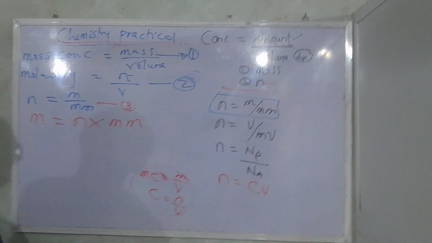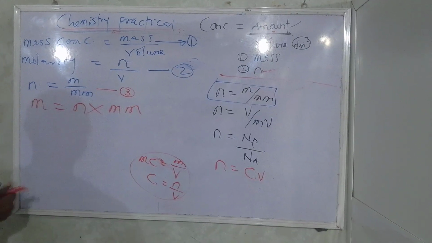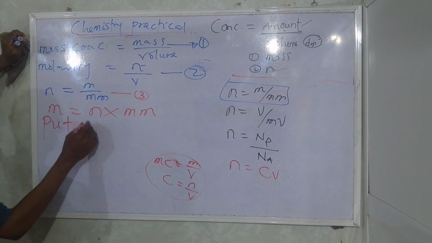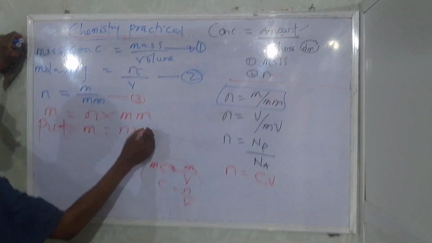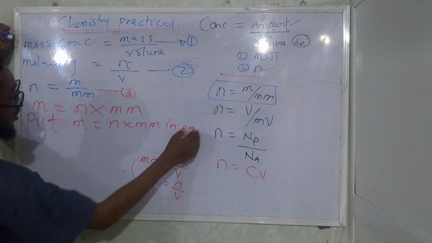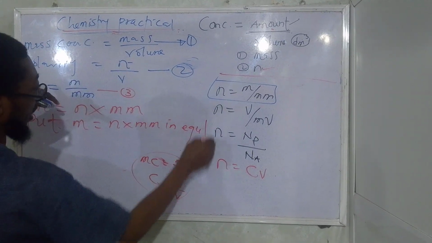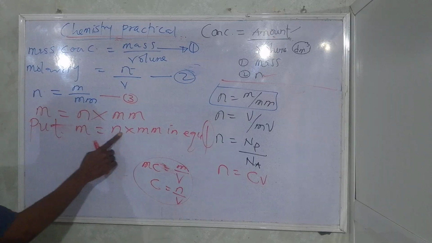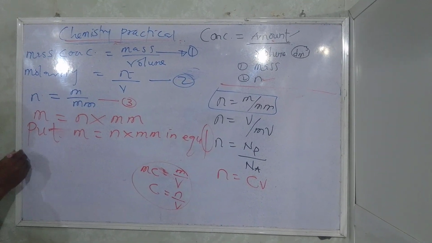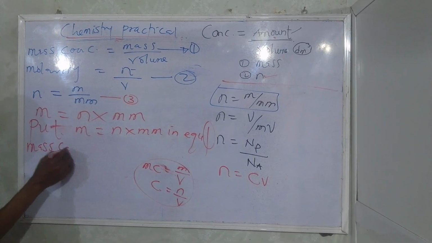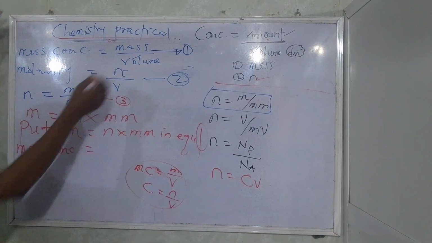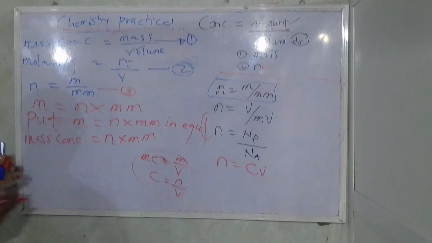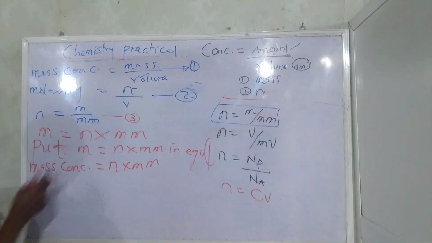So from this simple illustration, I can put mass equals number of mole times molar mass in equation 1. You can see from here, anywhere I see mass is number of mole times molar mass. So therefore, what do you think? Mass is now equal to what is mass from here? Number of mole times molar mass, right? Divided by what's on